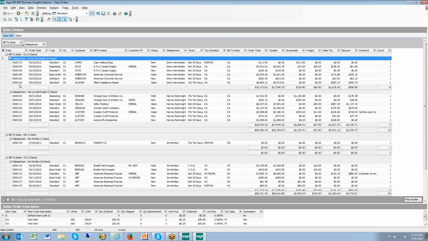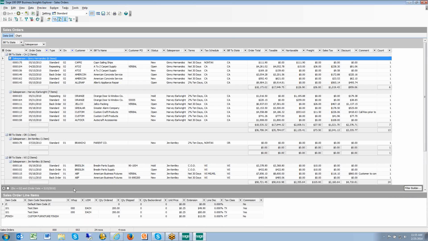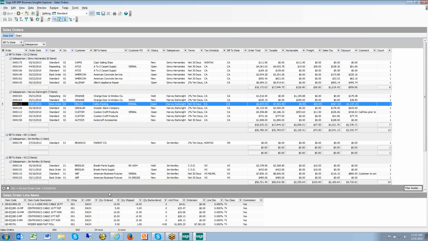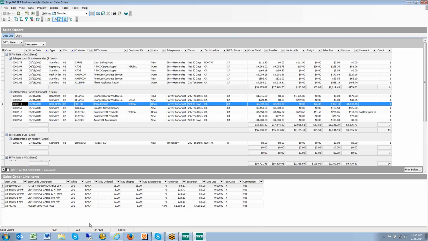Now let's say that you like that, but what if you see information down below that is really what you want to be exported to Excel? So I'm going to highlight this particular order because it's got more line items than some of the other ones. So let's say, well, this is great, I'd really like to have that in there. There is a drill into preview feature,